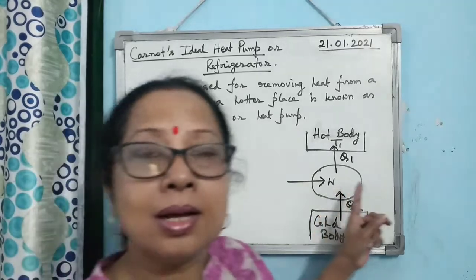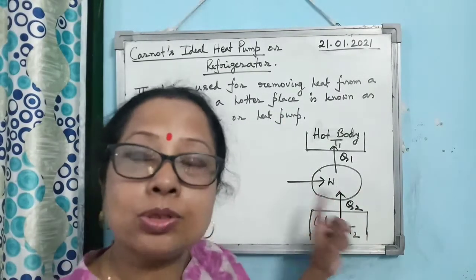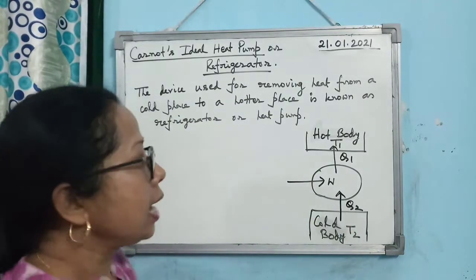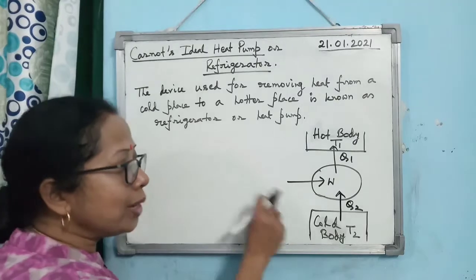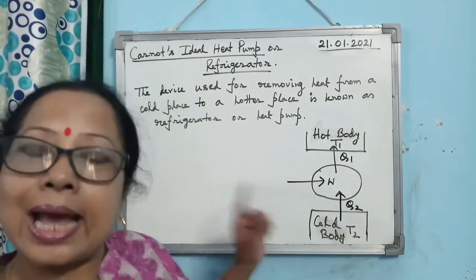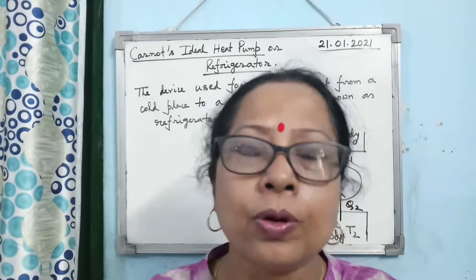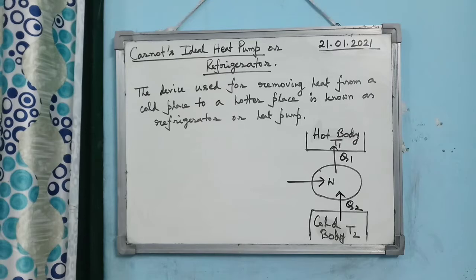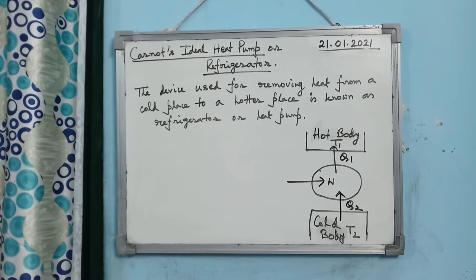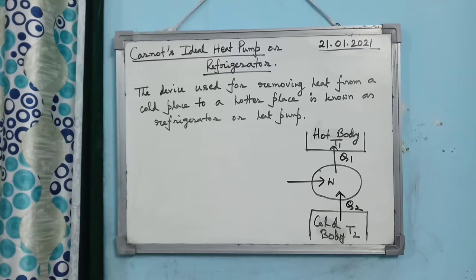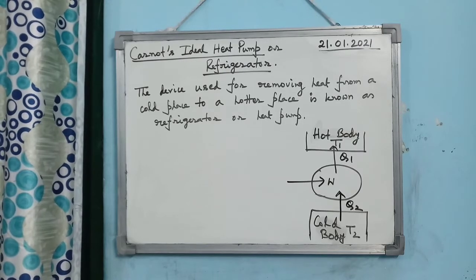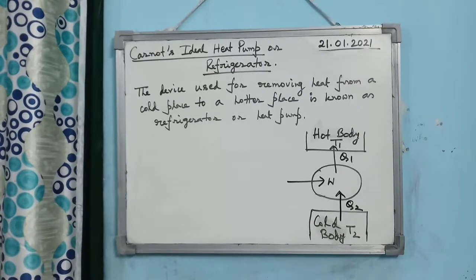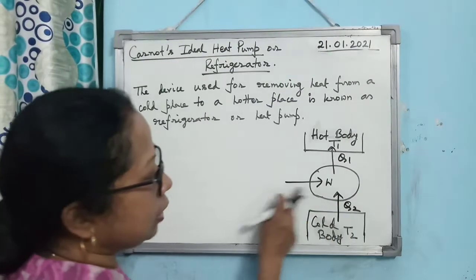The working substance is the chlorofluorocarbon that is used, the gas that is passing through the pipes present within the refrigerator. And who is the external agent doing the work on the gas? That is the compressor. I hope you know that in case of a refrigerator, there is a part that is known as the compressor. Alright, so the compressor is the external agent which is doing the work on the gas, or on the working substance. Now if you consider the conservation of energy, look at the arrows.